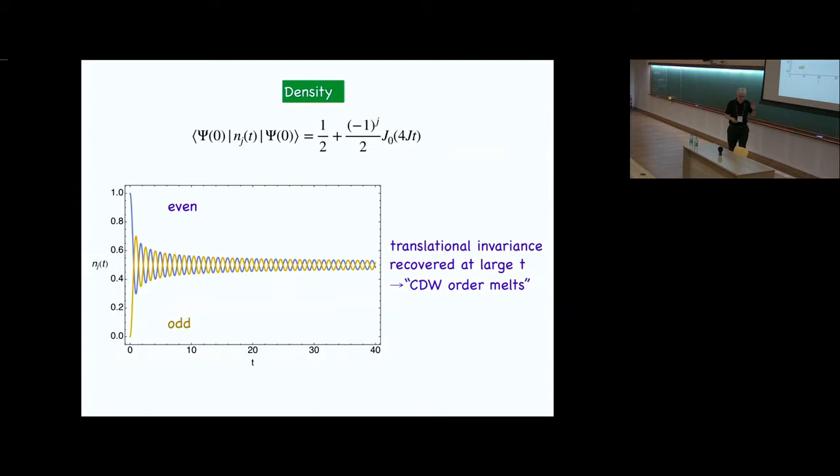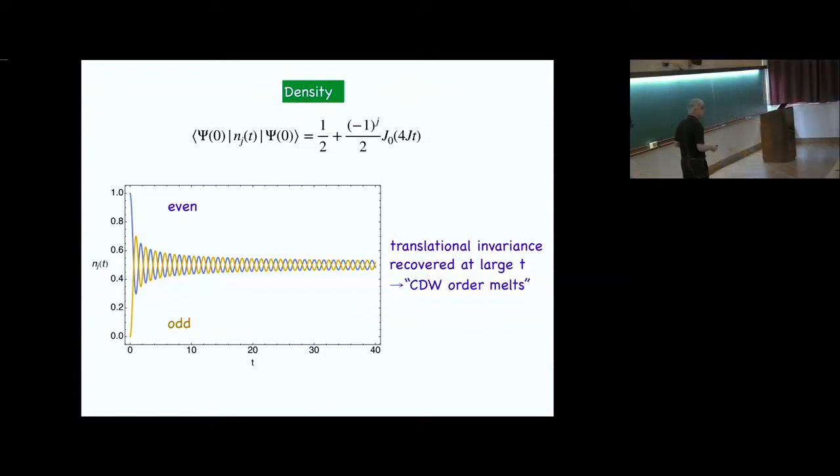Now, does it always have to work like this? Well, the answer is no. It has to work like this because I'm in one dimension. So here, the key observation is, I look at a one-dimensional tight binding chain. That's a one-dimensional model. And now, as you probably know, in one dimension, you can break